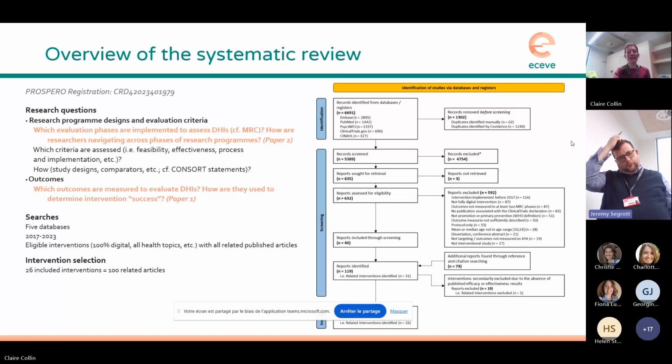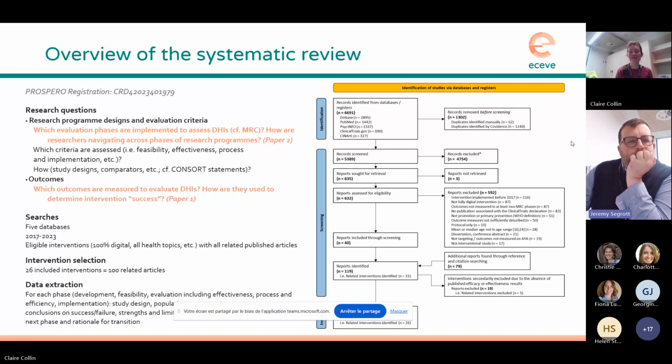And to give you an overview of the data we extracted, if you would be interested in using them, for each phase of the MRC guidance, so development, feasibility, evaluation, and implementation, we collected everything we could: study design, population, comparators, outcomes, how they were measured, endpoints, and then we looked at the conclusion of the authors on their intervention, whether it was a success or a failure according to them, the strengths and limitations of each study, and also the rationale, when described, for moving to the next phase, saying we've completed development and we now move to feasibility, for instance. It was a lot of data, so I'm not going to present all of it,